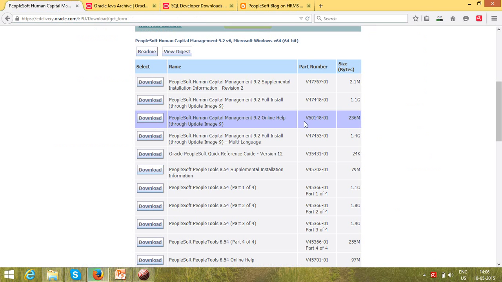Since I have forgotten the part numbers, let me just compare the part number with the product name and rename our files. So the first one that we had downloaded was PeopleSoft Human Capital Management full install through update image 9 multilingual.